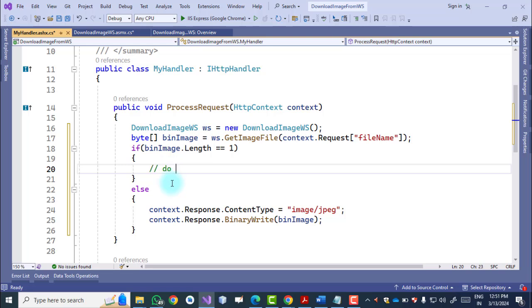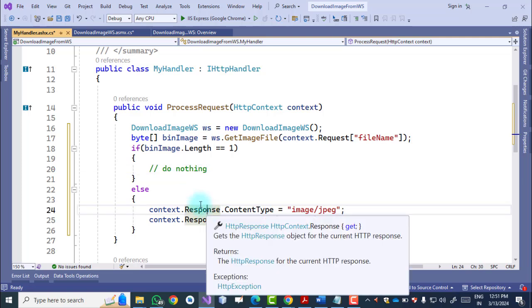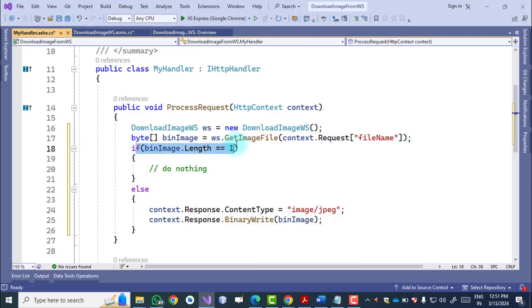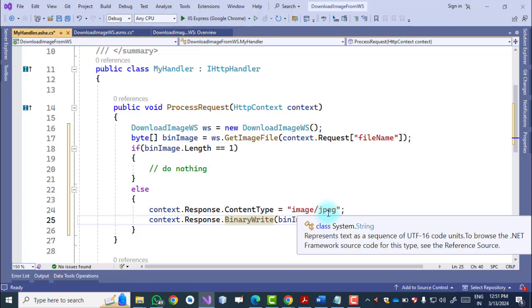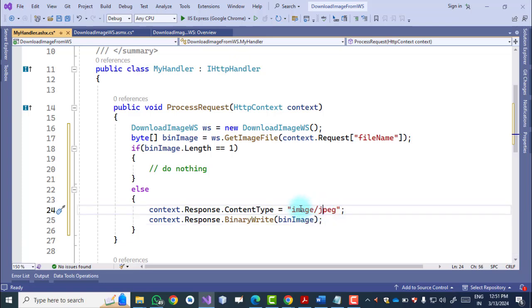I am writing just comment, do nothing. And if the length of the file is greater than 1, then it will set the type of the content, which is your image slash JPG. We are using this format content type, and with the response it will send a binary write image. So now this is your handler code. We are done with the handler file.